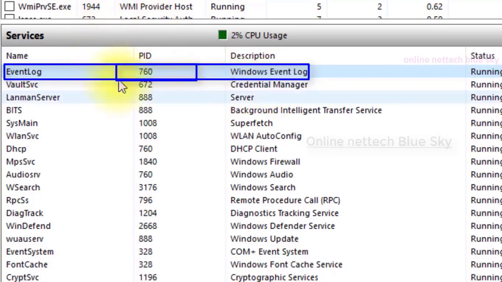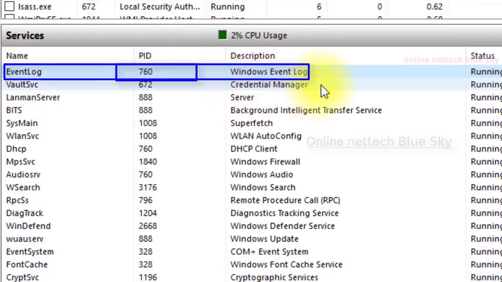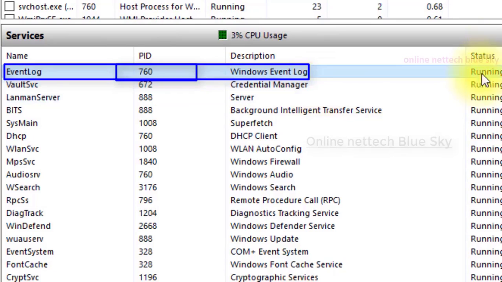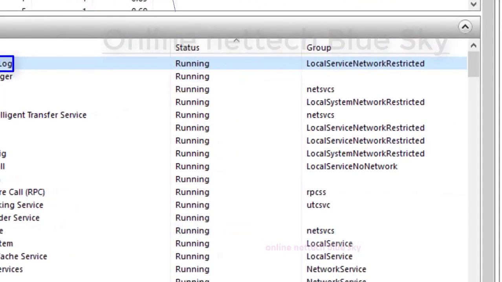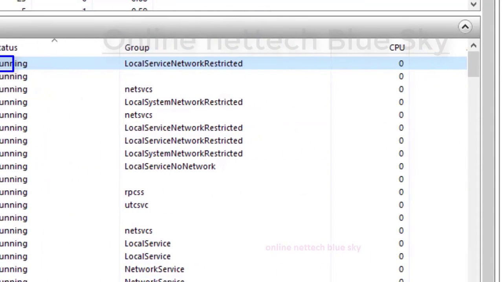So this is process ID 760, you can see here, and inside 760 the Windows Event Log works. It is not a process, this is only a service here. The service is running. Running is the status, and you can see it running under a group.